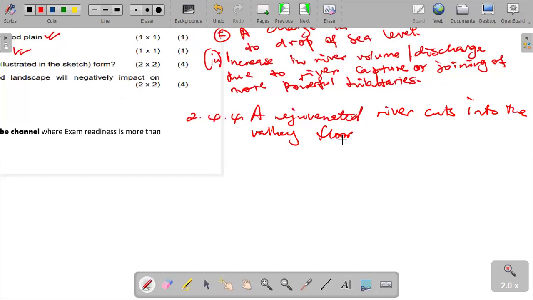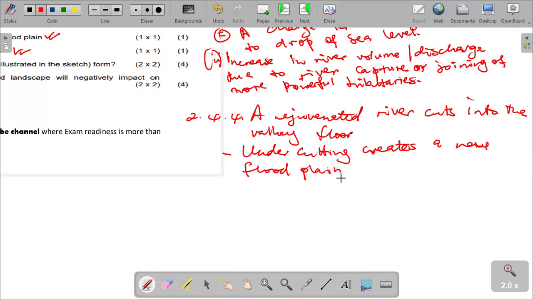How do terraces form? We are saying the rejuvenated river cuts into the valley floor. That must be understood. And then undercutting creates a new floodplain. Undercutting creates a new floodplain, and then steps form between the old and the new floodplain,